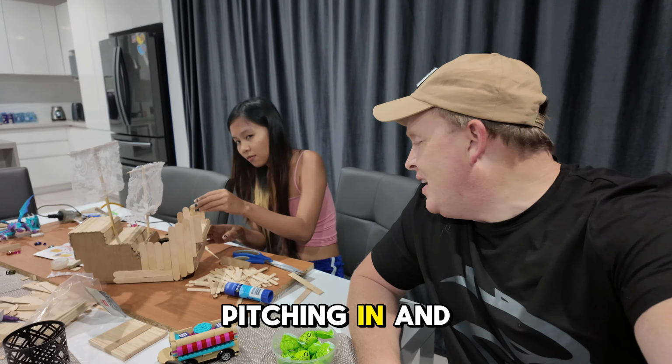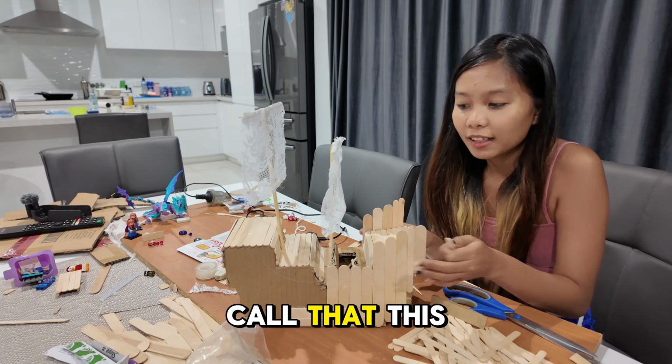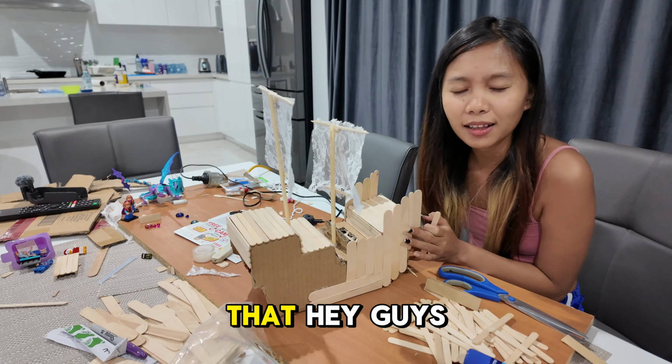Here we are pitching in, and so far we got ourselves a, what would you call that? This is the boat that...